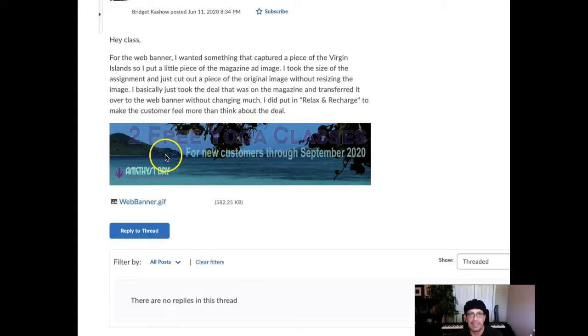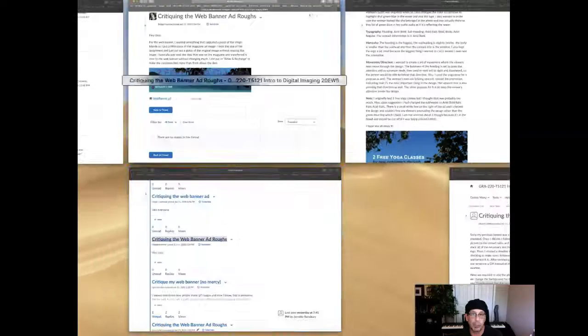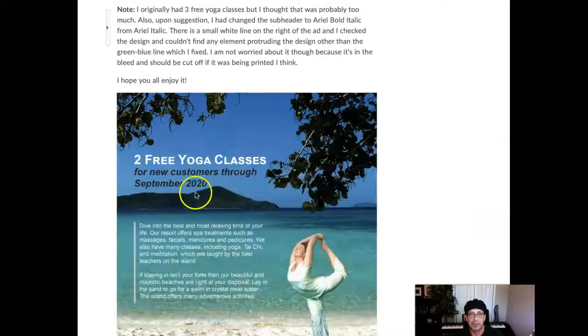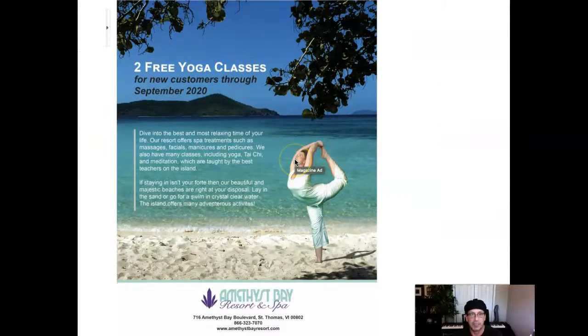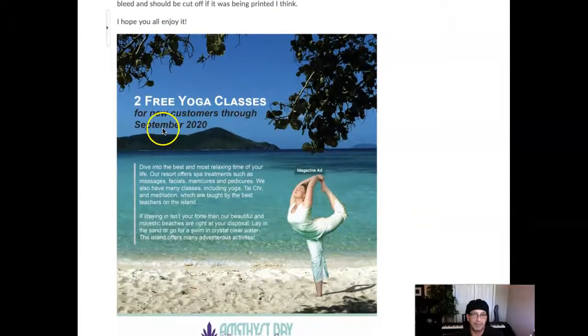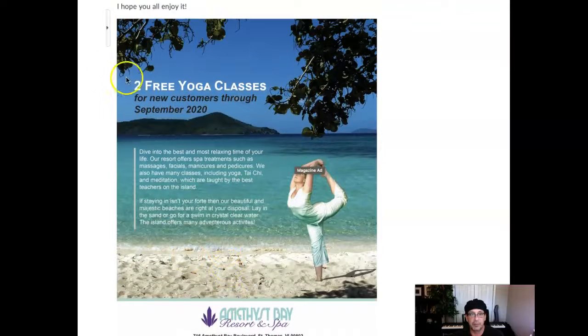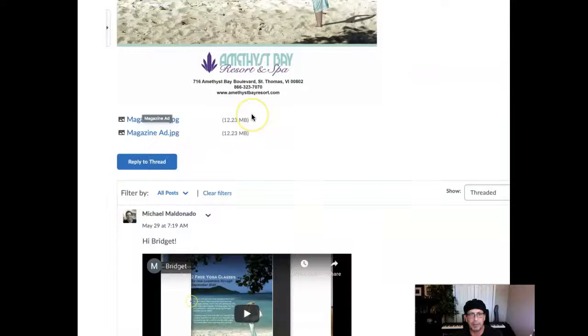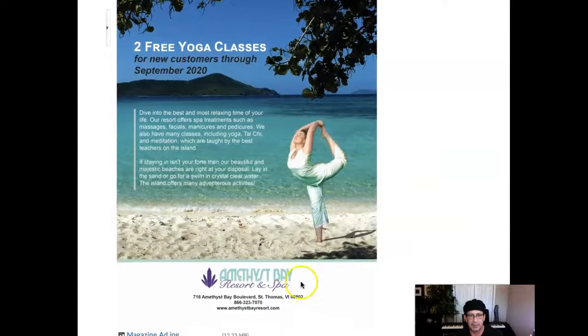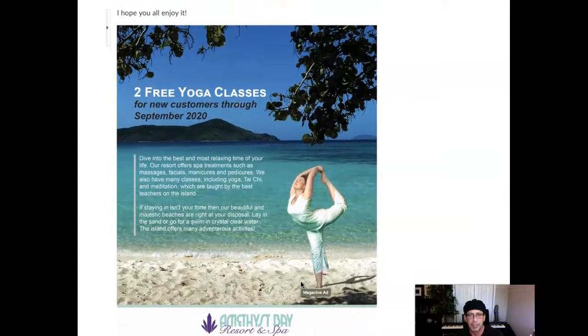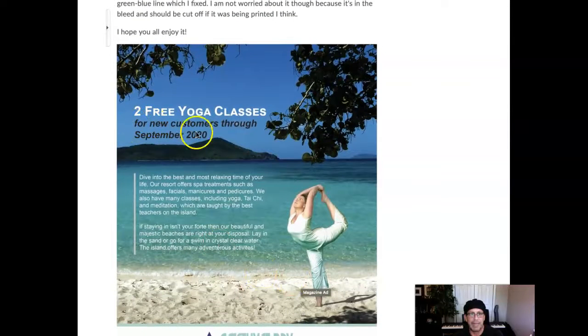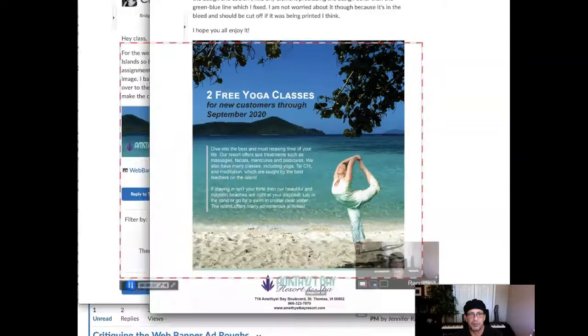Okay, I'm not real sure about the purple type. I think it's adding to an already very dark image, so you might want to try white, which will also create a high degree of consistency with the white headline here. Actually, as I'm looking at the magazine ad, I would also change that. I don't remember if that's the final ad or not. I thought that you had submitted another version. But I think purple for the text right here would work out much better than that black. That black and white is just too stark.